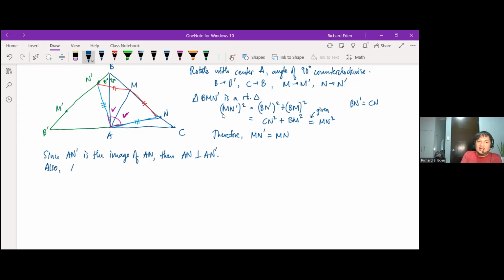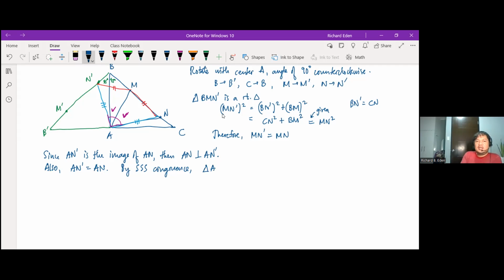Also, AN prime equals AN. And then by SSS congruence,